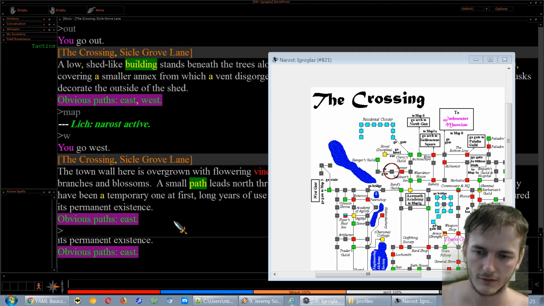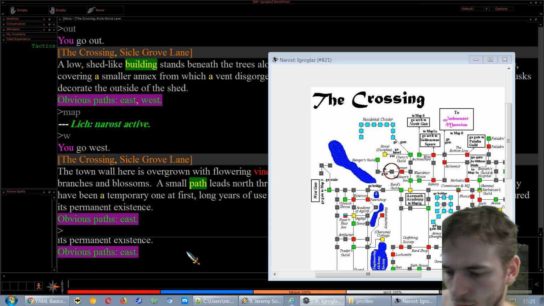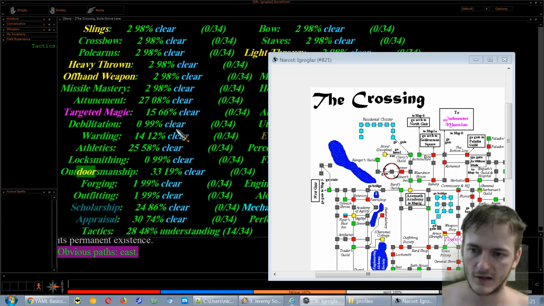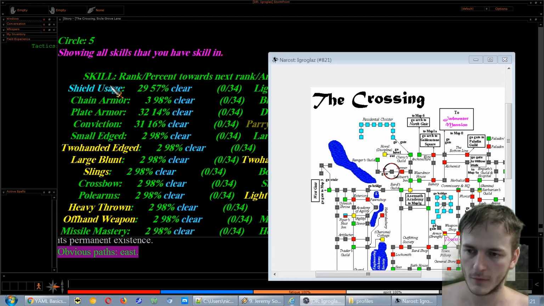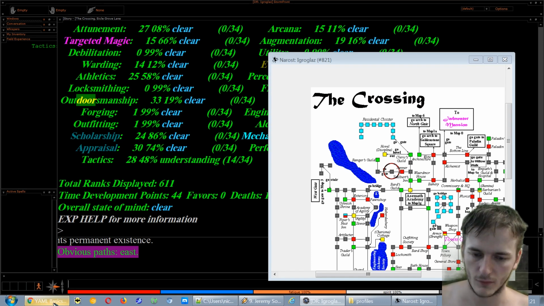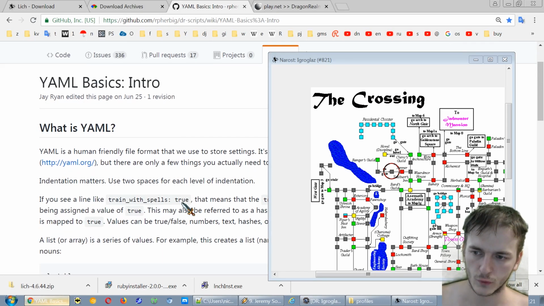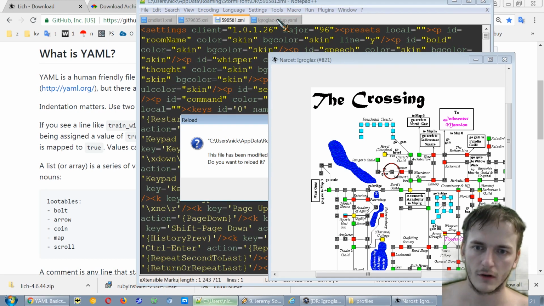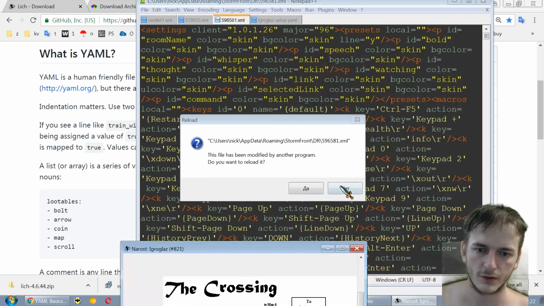Every skill in the game could be trained with Lich, and you do not need to do anything for it. Do not do AFK scripting. So for example, all my scripts, all my skills, they could be trained with the Lich. But before you start with scripting, you have to work with your